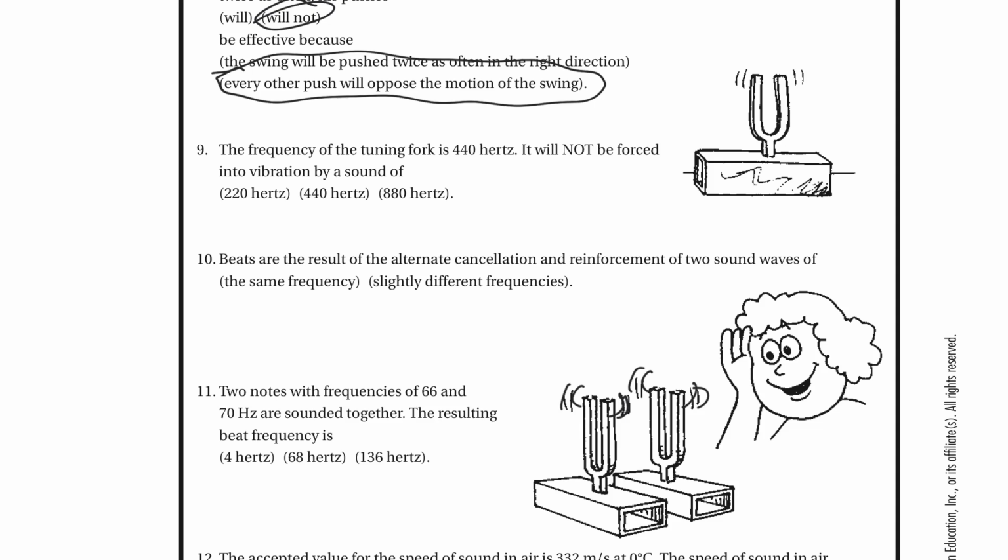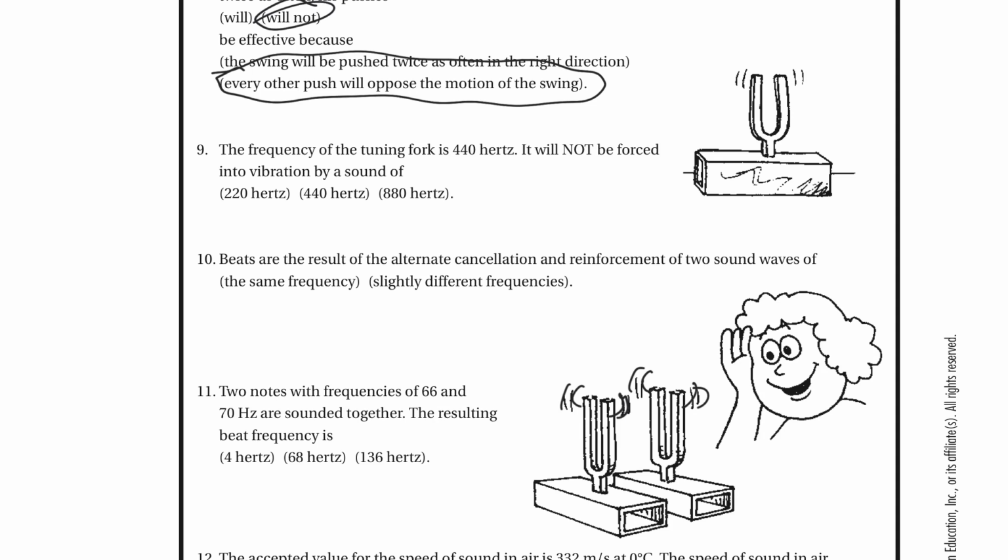If I push once for every two times it rings, okay, let's imagine that the girl is swinging away, and instead of pushing her every time she comes to me, I push her every other time. I'm still helping a little bit. I'm not going to get the maximum amplitude, but I will keep her going if I push her every other swing. So if you have a frequency that is half of the fundamental of another, you can set up a sympathetic vibration. So if I have an A440, I can set up a sympathetic vibration if I push at 440.